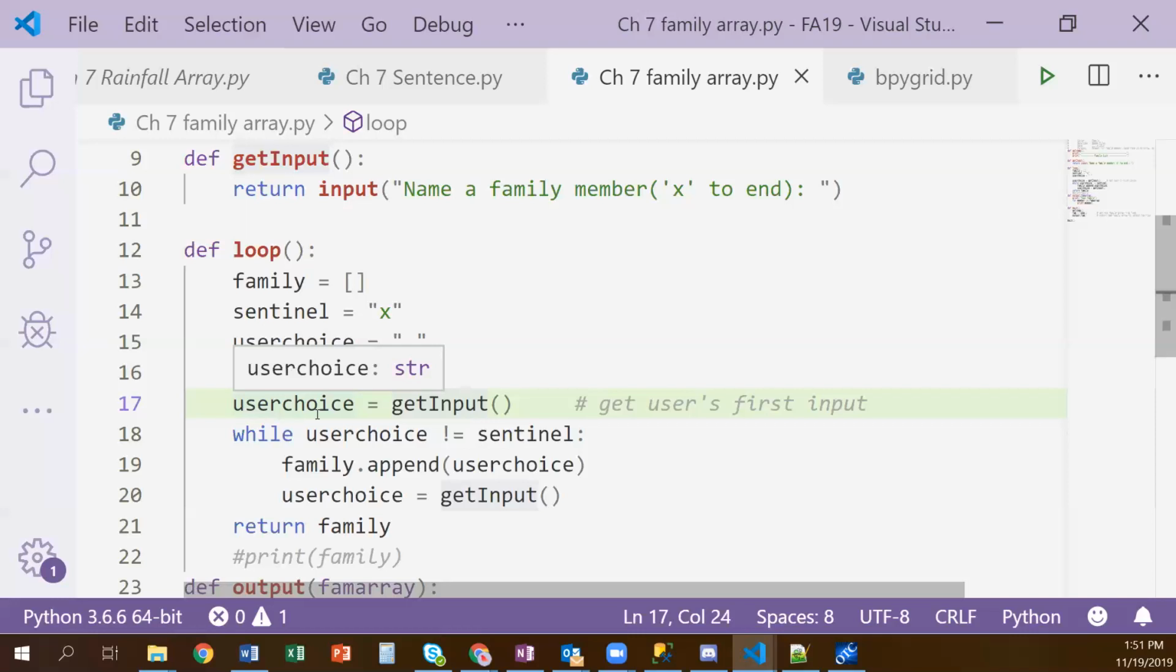First thing I'm going to do is append that user choice to my table, my array. So now I've got my name in there. And then I'm going to call get input again to ask for another choice. Finally, this time, I'm going to put X because I'm done. Now, when I do the X and I come back to my while loop, is user choice equal to Sentinel? It is. So I'm not going to execute my loop body again. I'm going to drop out and return my family array to the calling module, which was,